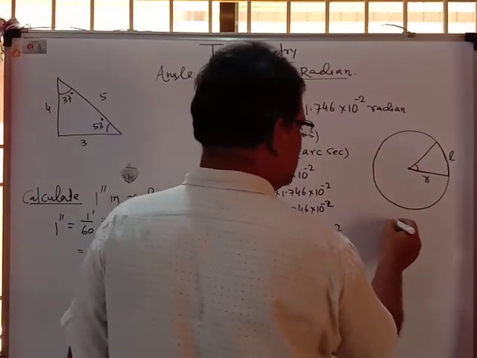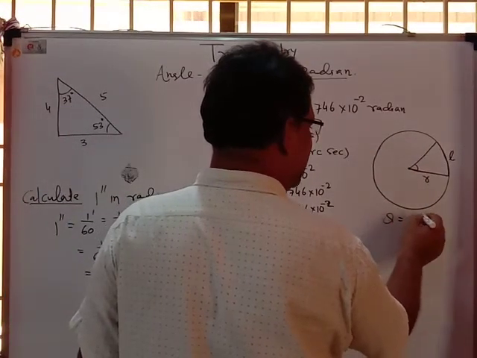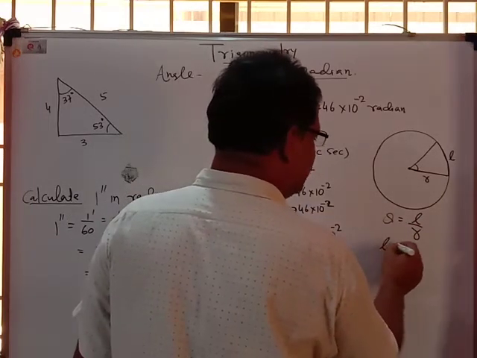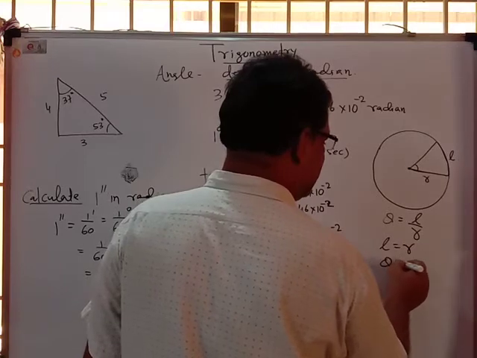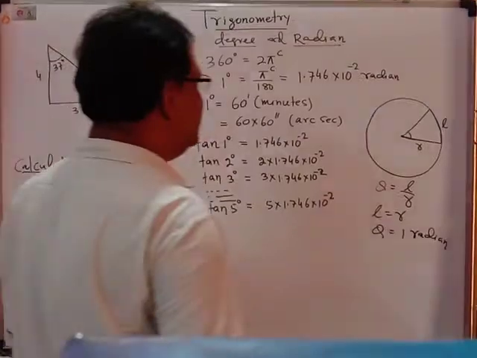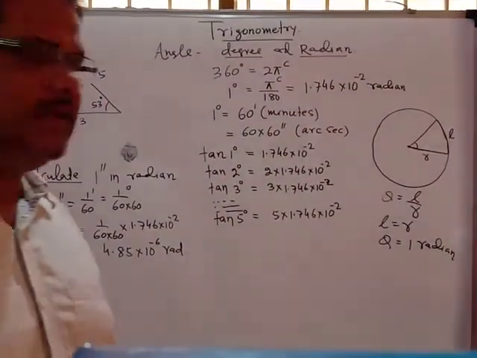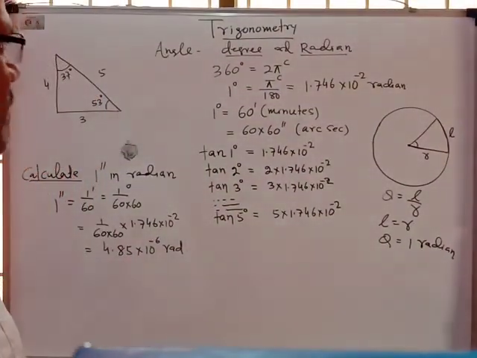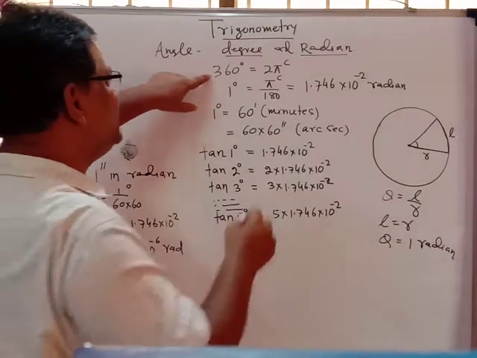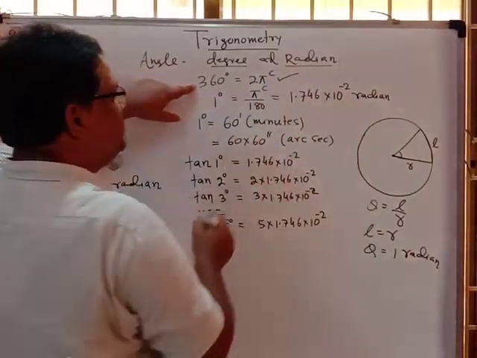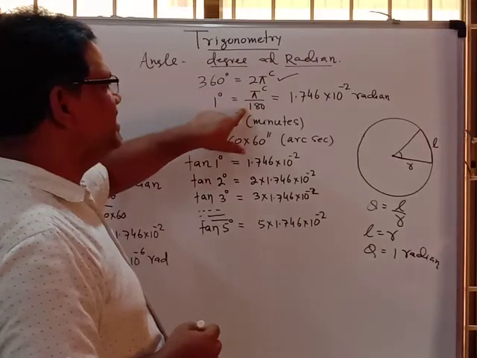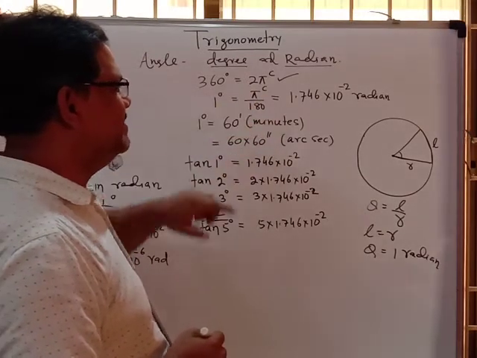And from this formula you know that theta equals L upon R. If theta equals L upon R, and L is equal to R, then theta equals 1 radian. You know it. And about radians and degrees, you must be knowing, and for that also I want to discuss it here in physics. So first of all, 360 degree equals 2 pi radian. Clear? And what will be 1 degree? So 1 degree will be equal to 2 pi upon 360, that is pi by 180 radian.